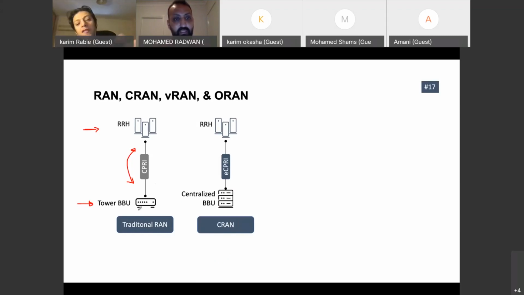And then a new flavor of the C comes, which is the Cloud RAN. That was suggesting, okay, why don't we get this BBU, having it virtualized on some servers, but this virtualization solution and the servers still belong to the radio vendor, okay? So you start to get deployments from Huawei, from Ericsson, from Nokia, based on their hardware and software stack. So it is virtualized, but it's not open, right? It's still based on their solution.